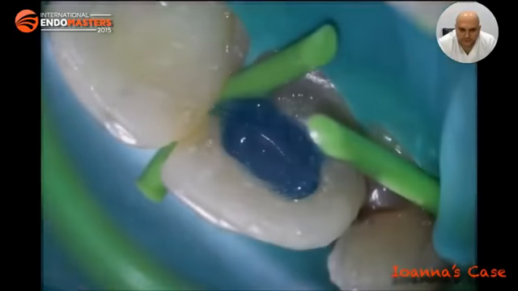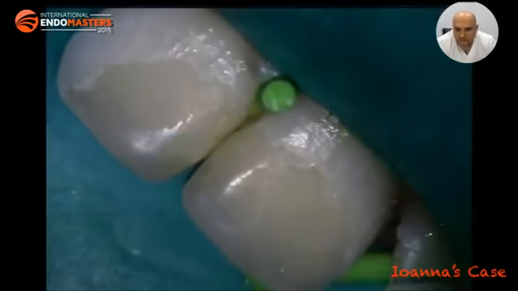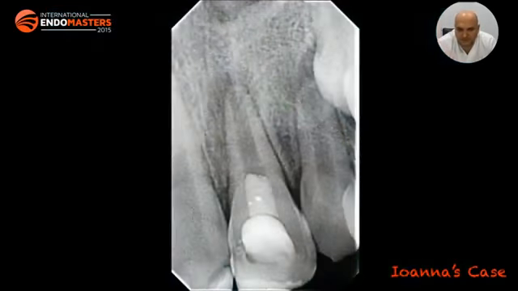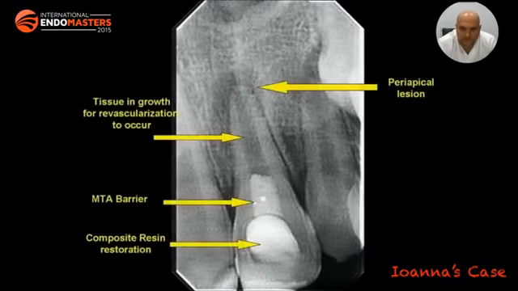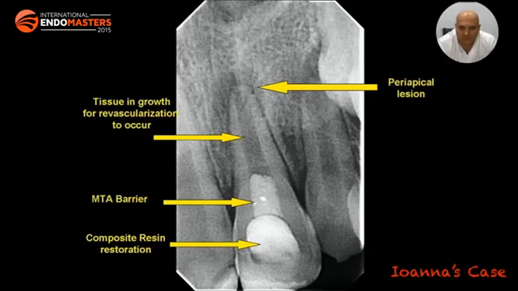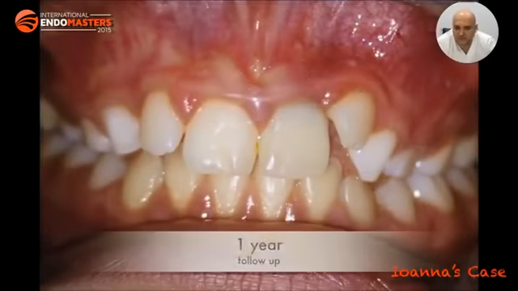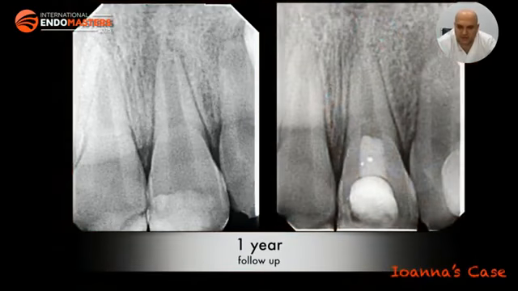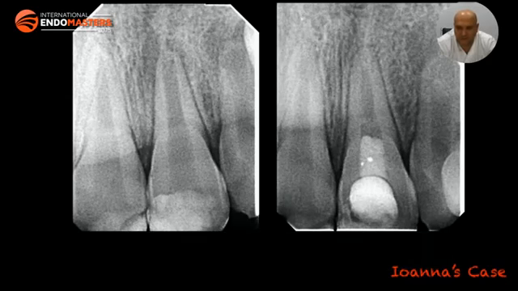This is the MTA. Composite resin restoration, the buccal view of the case, postoperative radiograph, periapical lesion here, tissue ingrowth for revascularization to occur, MTA barrier and composite resin restoration. 15 days later, the sinus tract was resolved and the discoloration was minimal and well accepted by the little girl, and the 1-year follow-up revealed healthy soft tissue, while the radiographical image revealed dentinal wall thickening and